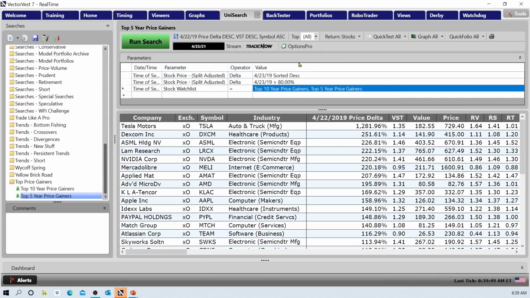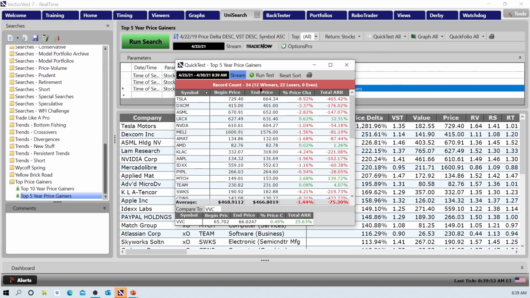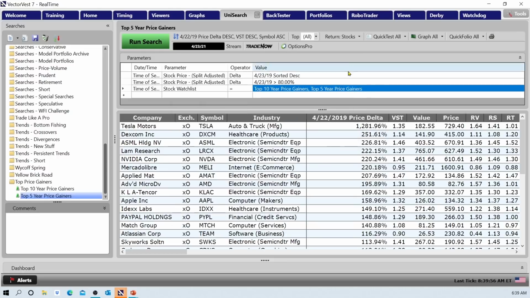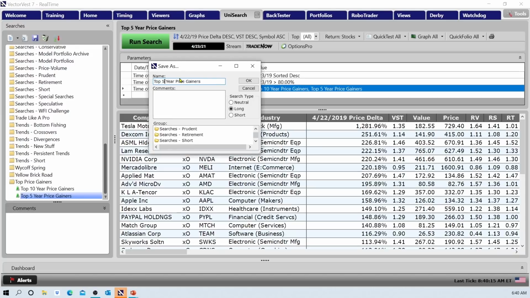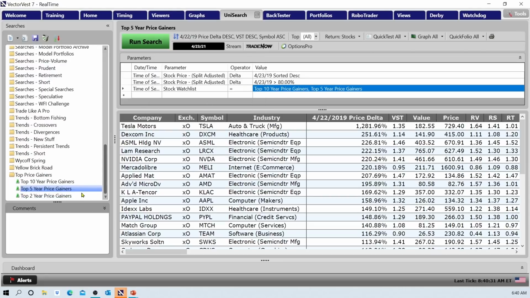Run the search. And if I do a quick test, I can see that we've got 34 stocks that met that criteria. And I just want to save this search as well, so I'll go Save As. Brings up a new dialog box. And this is going to be top 2-year price gainers. I want to make sure I've got the right folder created here, so I'll highlight it and make sure it's long and click OK. So that's my third search,